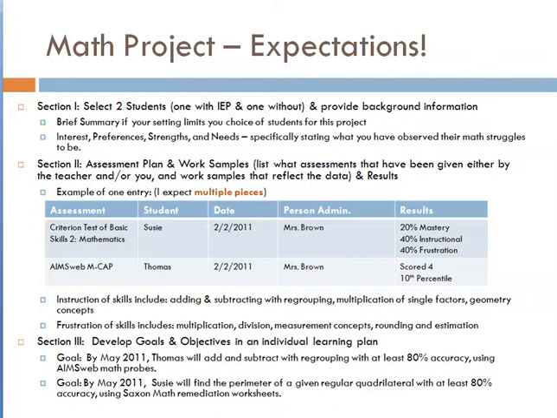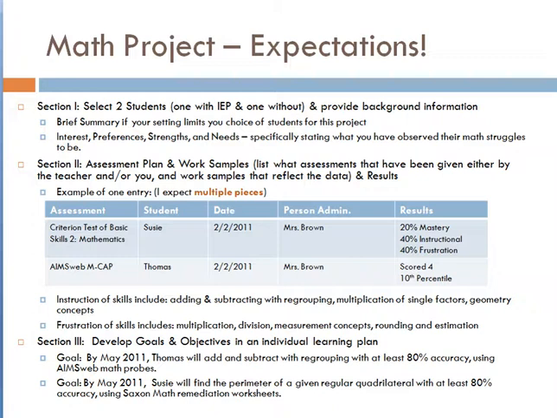I want cover pages for each of these, so when I'm clicking through and scrolling down, I can quickly see, oh yeah, this is their section 3, this is their section 4. Got it. I know what I'm looking at. In section 1, this is going to be the section about your background information about the 2 students you've chosen